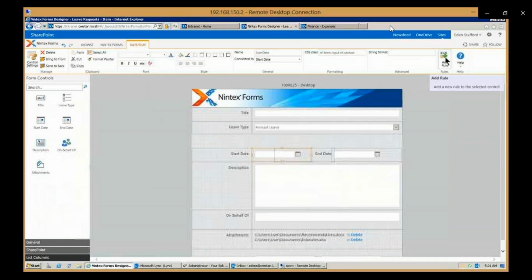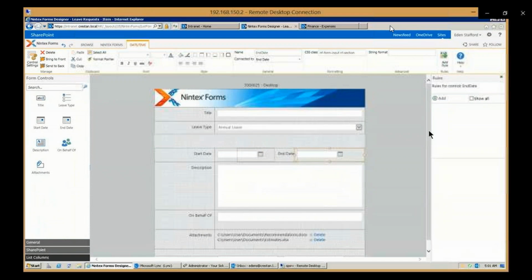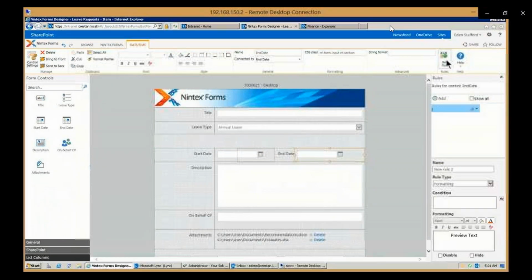And then we can even put rules in place as well. So if we wanted to have a rule that says, when I request sick leave, I want the end date to disappear, you can simply come in here and add rule, do the formatting, associate this rule to that particular field right here, and then say that I want to hide that when that happens. So that when you select sick leave, the end date disappears, because I don't necessarily know that. So very, very easy to configure those right here in the interface.